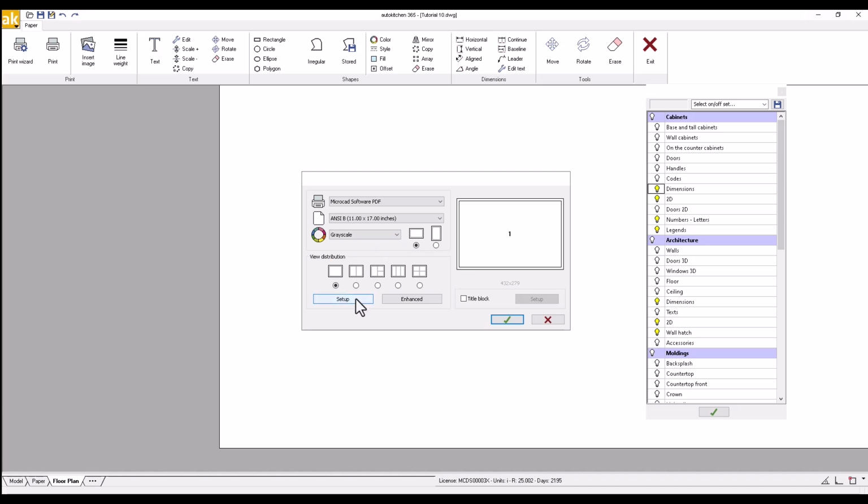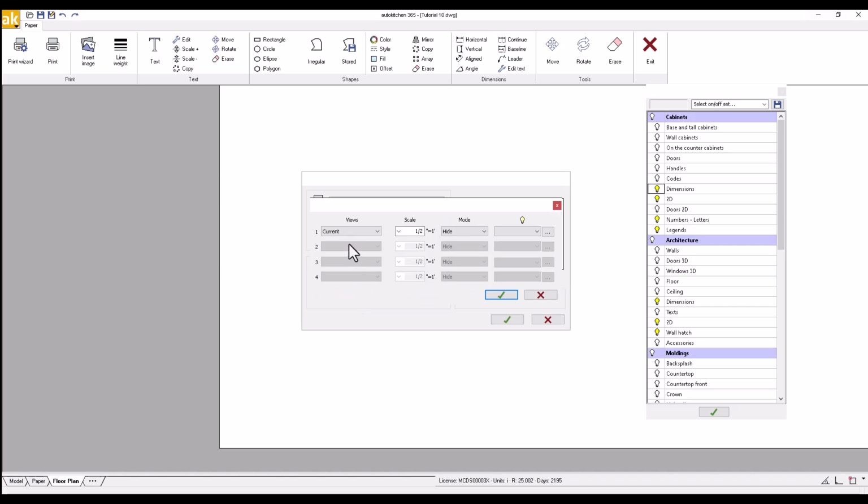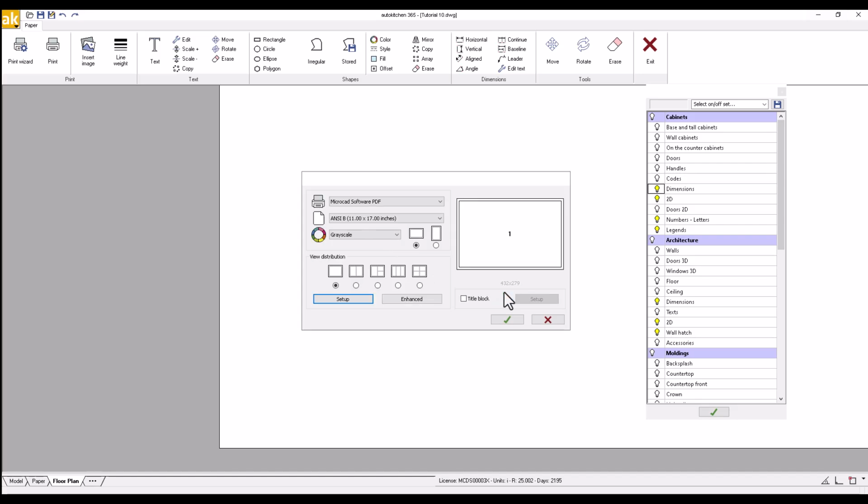Select Grayscale. Click on the Setup button on the left to make specific selections about the view, scale, mode, and layer activation or deactivation. In the case of the floor plan, the view should be the view on screen, current. The default scale of ½ inch to 1 foot is frequently used, and the mode should be Hide, which means hidden lines, instead of wireframe. There is no need for additional layers to be on or off, so we will click the